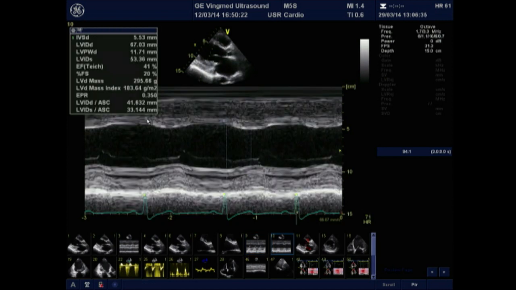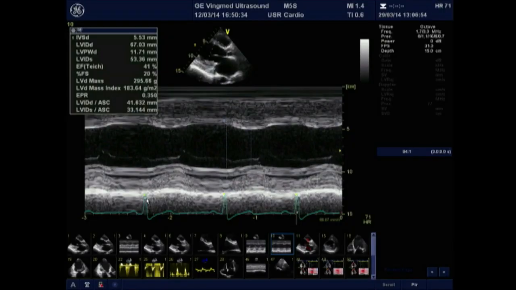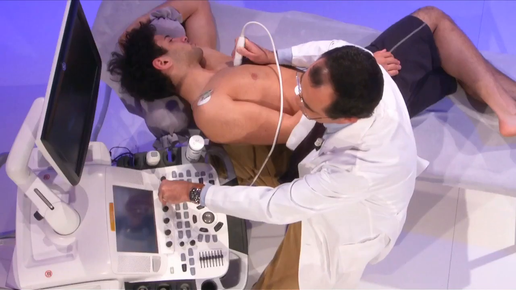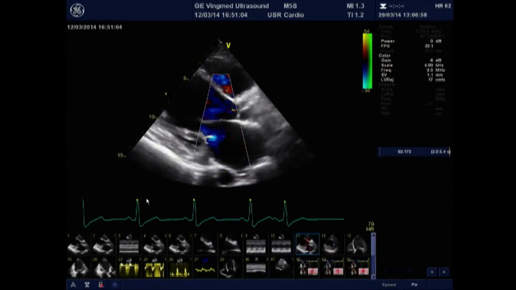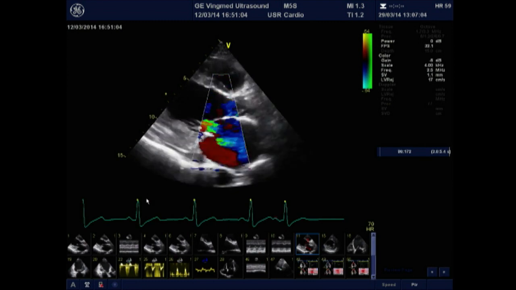we are going to assess the fractional shortening, confirming that in this view the LV is dilated and the fractional shortening is 20%. So our clinical impression, eyeball, was confirmed. It seems that the patient really has mild systolic dysfunction. In the same view, there is a central mitral regurgitation, despite the patient having